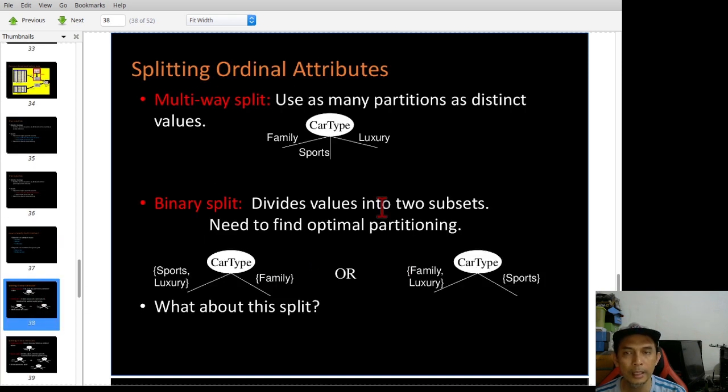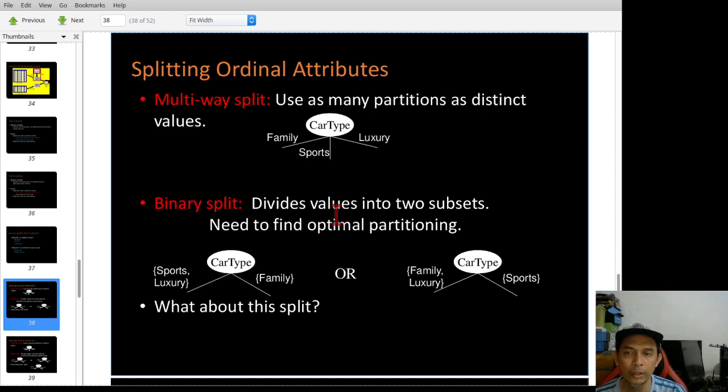For example, you have this attribute, car type, and you have three categories of car: family, sport, and luxury. If you apply multi-way split, that means you have three branches over here. If it is binary split, that means these three you need to split into two.